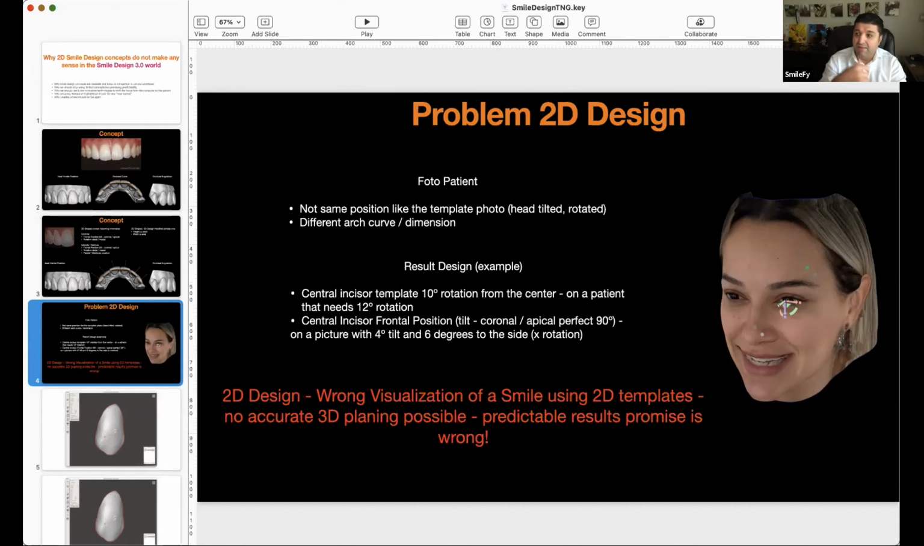And that's innovation. That's the way everything evolves in every single area of technology. We do have technologies, we do have innovation, and now we need the mindset shift to understand how we should use new technologies to achieve more predictability and accuracy when it comes to smile design. So I'm going to show you